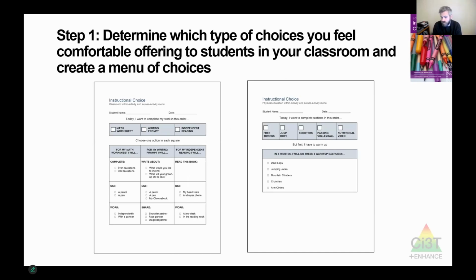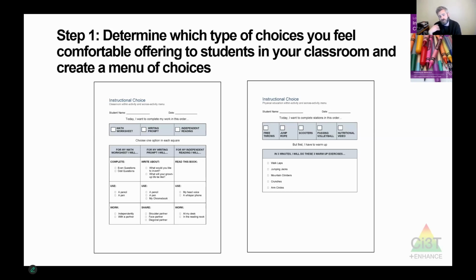I need to know what those choices are. I need to make sure I have the materials set up. I need to make sure I have the directions ready to give to the students as well. So there's some planning we need to do to have an idea of what choices I'm willing to give in this context. And if you're doing instructional choice for the whole class, then you're thinking, hey, I know my lesson is on this today or this unit coming up. Here are some choices that I can plug into that unit.